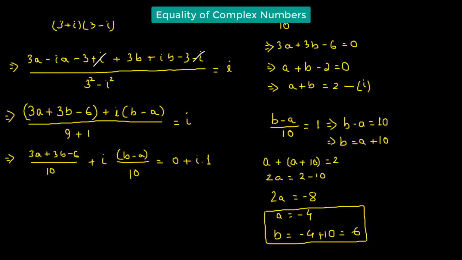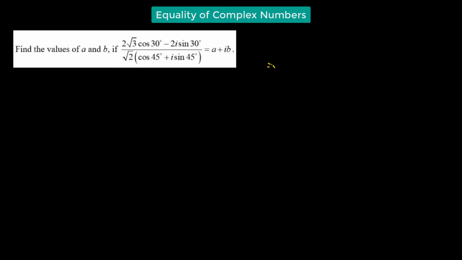Let's go to the next question. In this question, we have to find the value of a and b. So let us begin. We have 2 times root 3 multiplied by cosine of 30 degrees, whose value is square root of 3 over 2, minus 2i times sine 30 degrees, and the value of sine 30 degrees is half, divided by square root of 2 multiplied by cos 45 degrees,